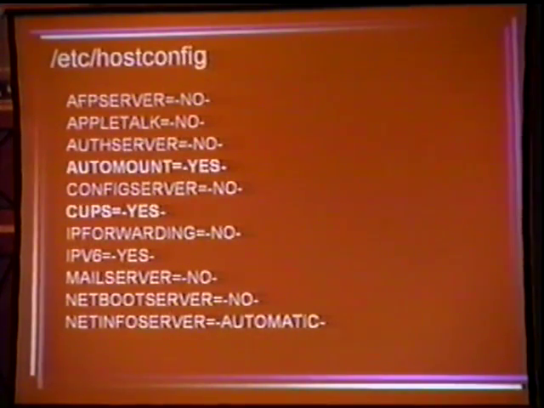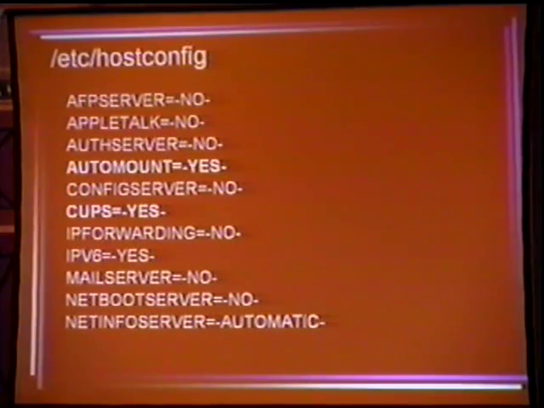We can also change auto mounts from on to off, just as a matter of editing the file. Once you've changed something from off to on, or from on to off, you can do one of two things. You can just reboot, or you can track down what script was actually running that and restart the script. And so if we're going to do that, what we'd run would be here.